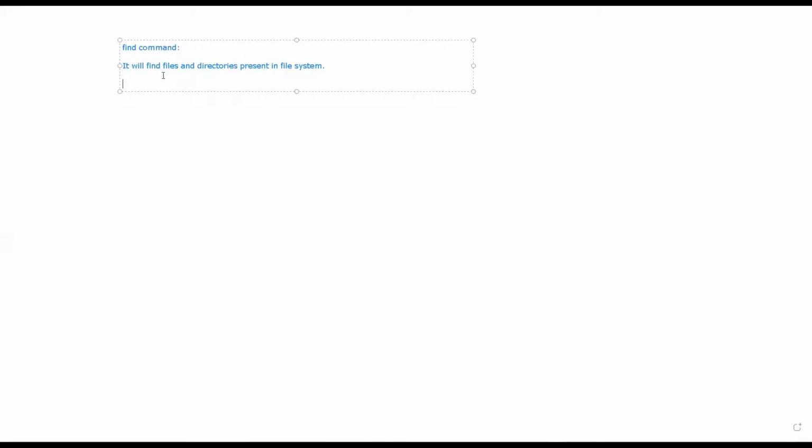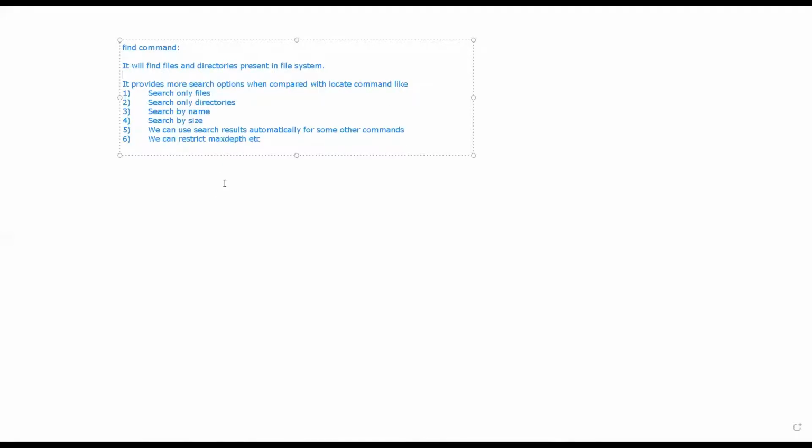So basically, by using the find command, we can find only files, we can find directories, we can search by name, and we can search by size. And we can use the results automatically for some other commands, meaning the results of other commands can be searched using find.